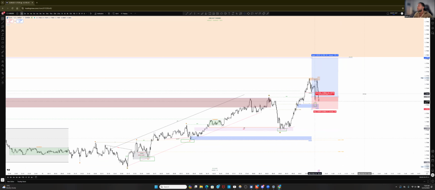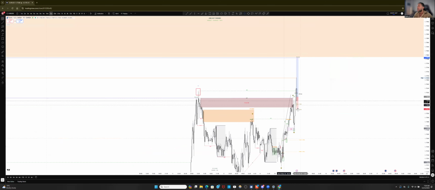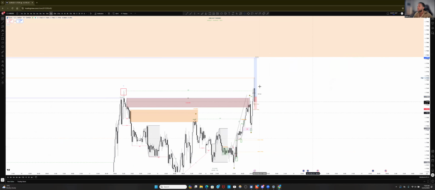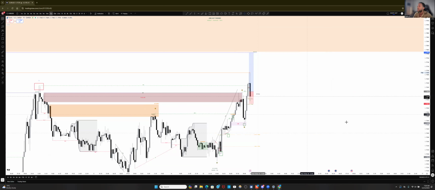So we have one leg, two leg. Perhaps this could be the situation here. One leg to the downside, pushes up, two leg, breaking this low, inducing this low, mitigating this zone to simply come back up, mitigate this high for the sell. That could be possible because we've just broken structure to the high side and we need a retracement. So it could be the retracement that is happening right here. Let's see it from a 15-minute time frame. This is a strong rejection from this range.